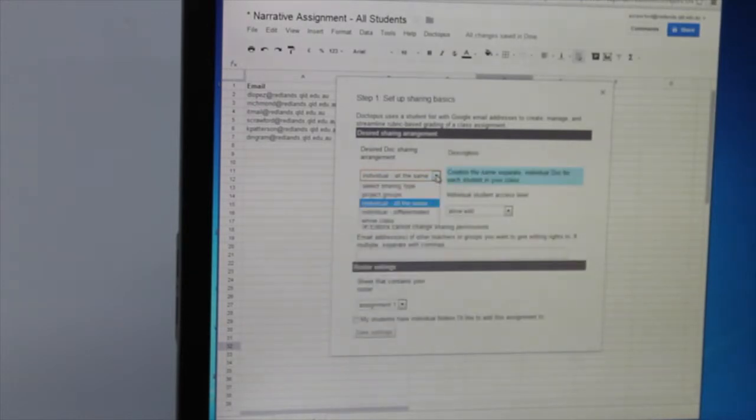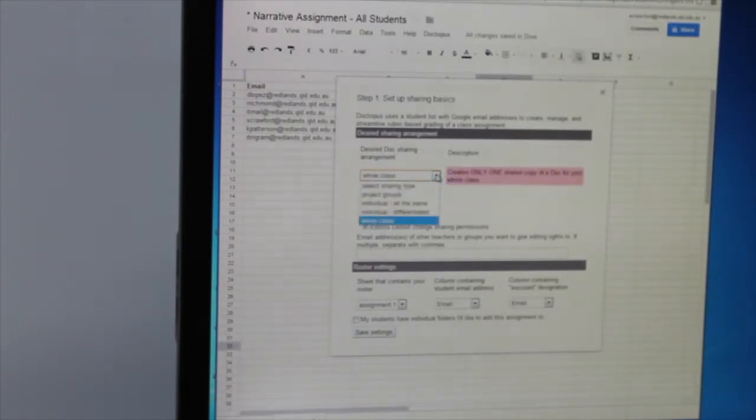So what's the difference between that and whole class? Yeah, okay. Well, that's probably a good question. Let's have a look at them. So just get that, yeah, you've got the down arrow there, good. It creates an individual. So, yeah, project groups, where you have different groups of people doing the same type of project, essentially, and so they're all working together. Individual means everybody gets the exact same exam or the same assignment, but they're separated, so I can't see someone